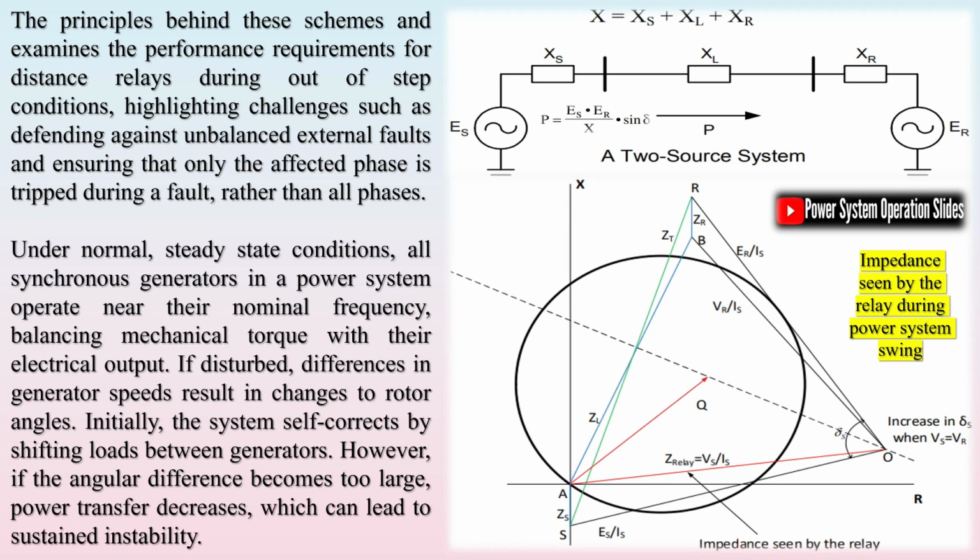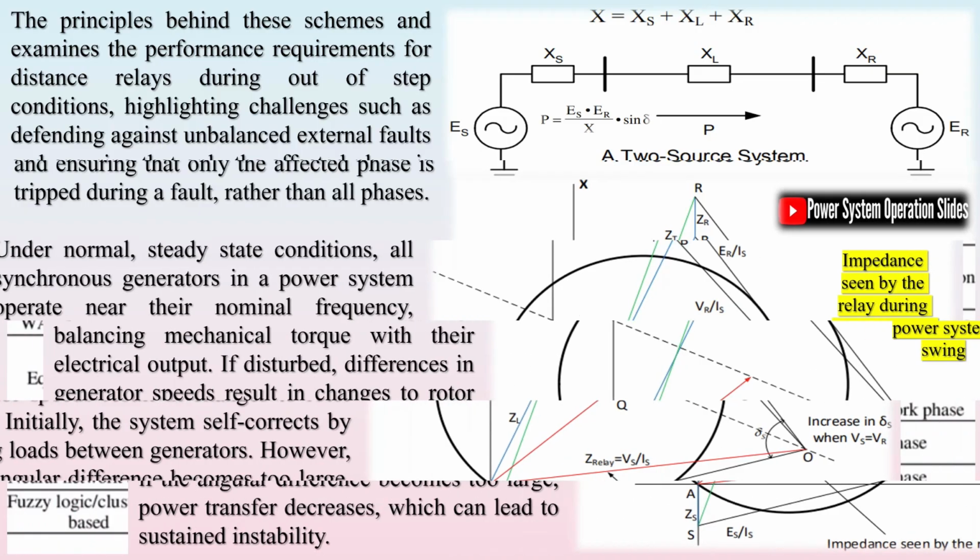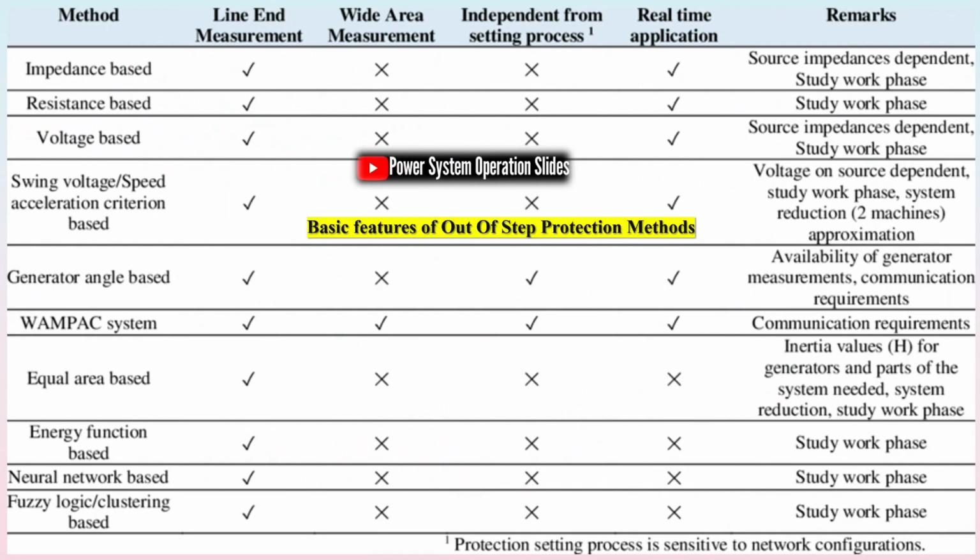When two areas of a power system lose synchronism, the entire network experiences extreme variations. In phase operation results in high voltages and low currents, while a 180-degree phase difference produces low voltages and high currents, leading to severe system disturbances. The principles behind these schemes and the performance requirements for distance relays during out-of-step conditions are examined, highlighting challenges such as defending against unbalanced external faults and ensuring that only the affected phase is tripped during a fault, rather than all